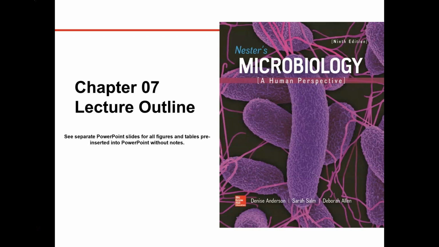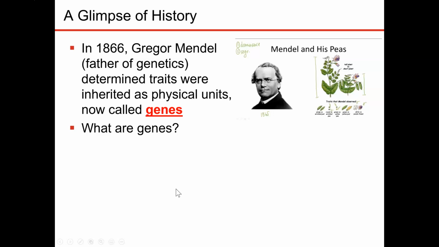Hey everyone, welcome to chapter 7. In this chapter, we're going to talk about genetics. We'll start with what is DNA. We'll talk about the structure of DNA, how we found the structure of DNA, and then we'll talk about how DNA codes for proteins, how cells replicate DNA, and how proteins are produced from transcription and translation